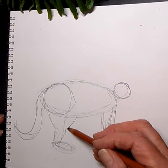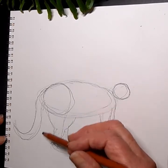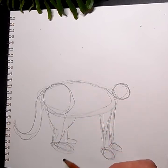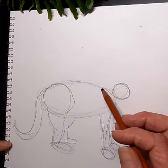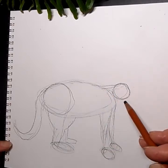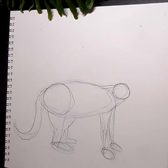And another one over here, so that we'll have another foot over here, right? Foot here. Or you could put a foot back here. It doesn't matter where you put it. We're going to do 4 feet though. Right. Good. Now, let's give it a bit of a neck here. Right. Now, we're going to have